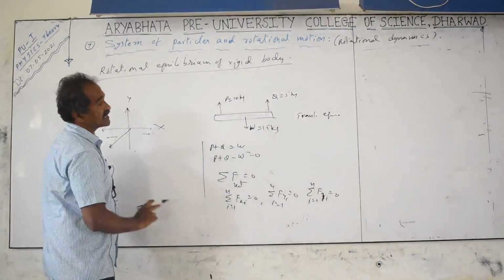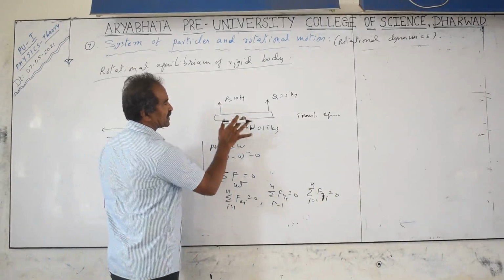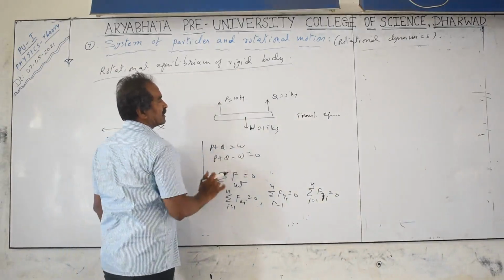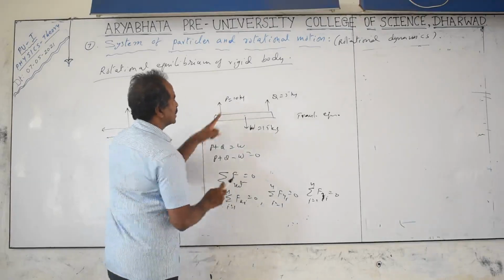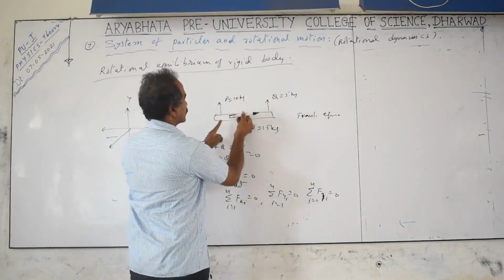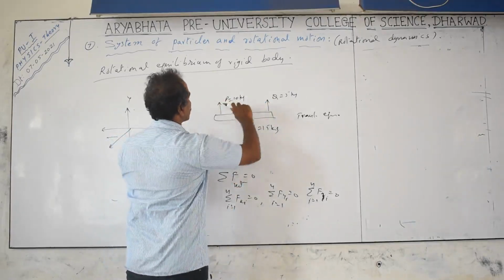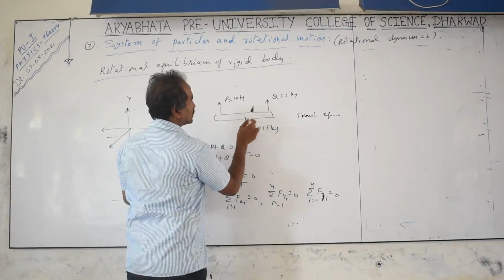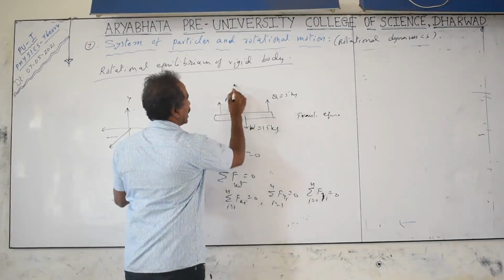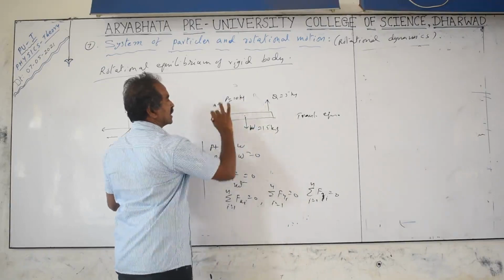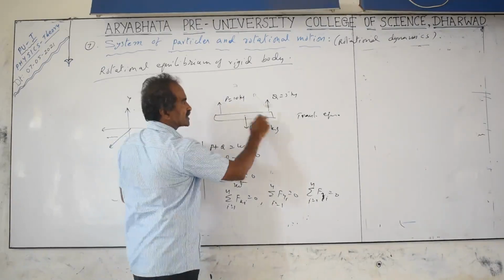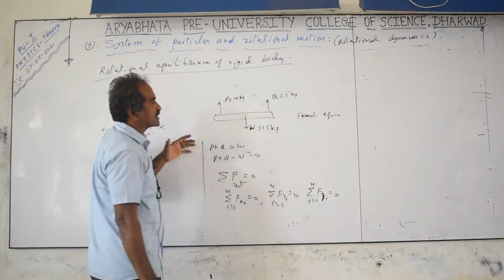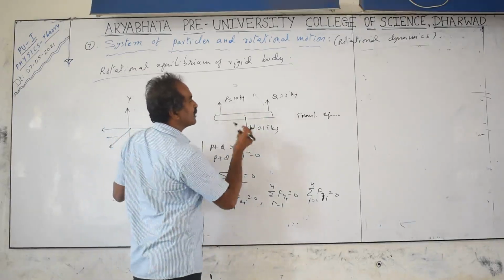But if it is only translatory equilibrium, not going upwards or downwards, it may be rotating. Rotating means what? Here in this case, if I take this point as the axis of rotation, 10 kg is more than 5 kg. So 10 kg is trying to pull it in this direction about this point. If you take the point as a supporting point, Q is trying to rotate like this. This trying to rotate is like a couple, but with unequal forces here. Not a couple, you have to call it a torque, or a moment of force.